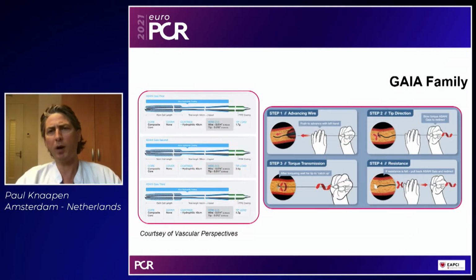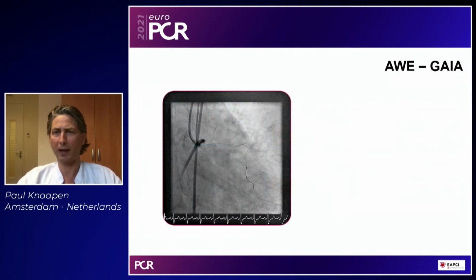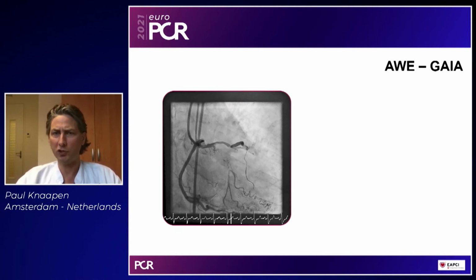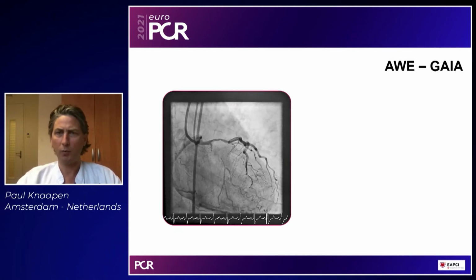So if the soft polymer jacketed wires fail and you know the course of the artery, you go to the Gaia family, which has revolutionized PCI CTO and wire technology. And again, nowadays, the Gaia Next family. These are very directable wires, very easy to navigate you through the CTO body and to stay intraplaque for as long as you can. So this is an example of a PCI CTO of the circumflex, where we started